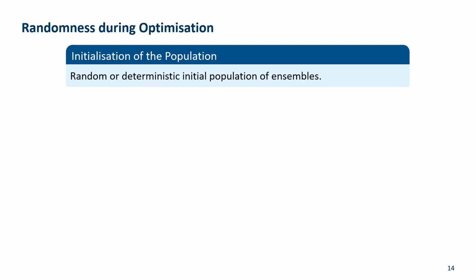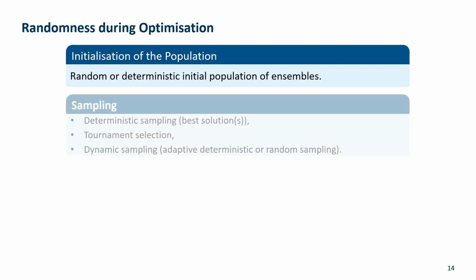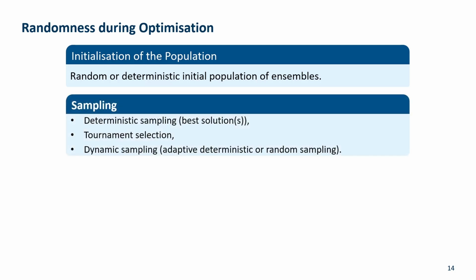Next, we introduce randomness during optimization. For example, we can randomly initialize a population of ensembles. Furthermore, for sampling, we propose to use either deterministic sampling, tournament selection, or dynamic sampling. Dynamic sampling is an adaptive approach that either performs random or deterministic sampling based on a ratio that is adapted